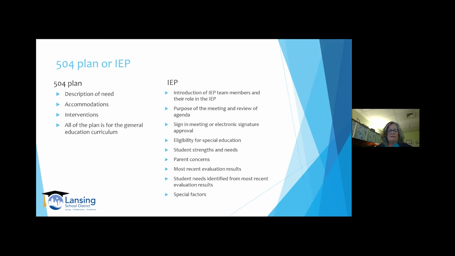In an IEP, however, there are a number of components, and I'm going to go through those so that you have a general idea of what needs to take place, or what should be taking place, in an IEP team meeting if you are going through that process. So in a 504 plan, basically what happens is you are identifying and describing the student's needs